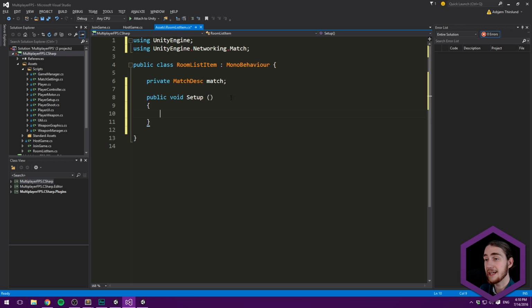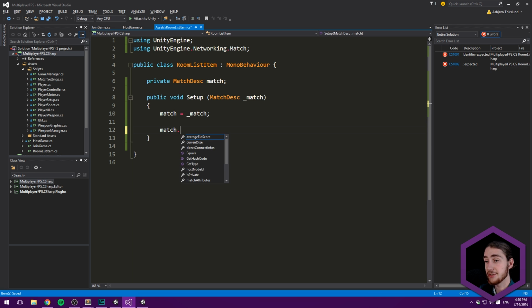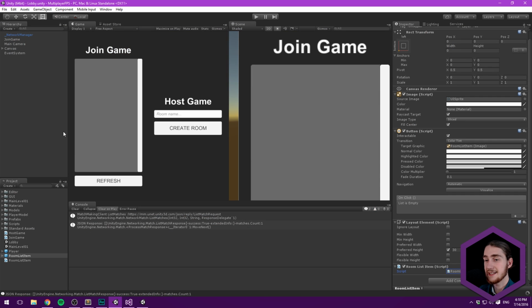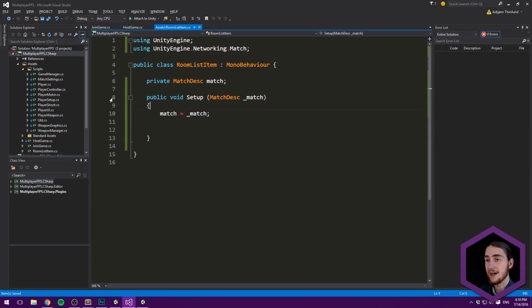And what we want here is to take in as a parameter the match that we have found under our giant game. So this is going to be another match description, and this is going to be our _match. And then we can set match equal to _match, and we can then change the text on this object using match.name and match.user, or its current size and max size. That's what it is. So if we just save that and head back into Unity, we can now maybe actually